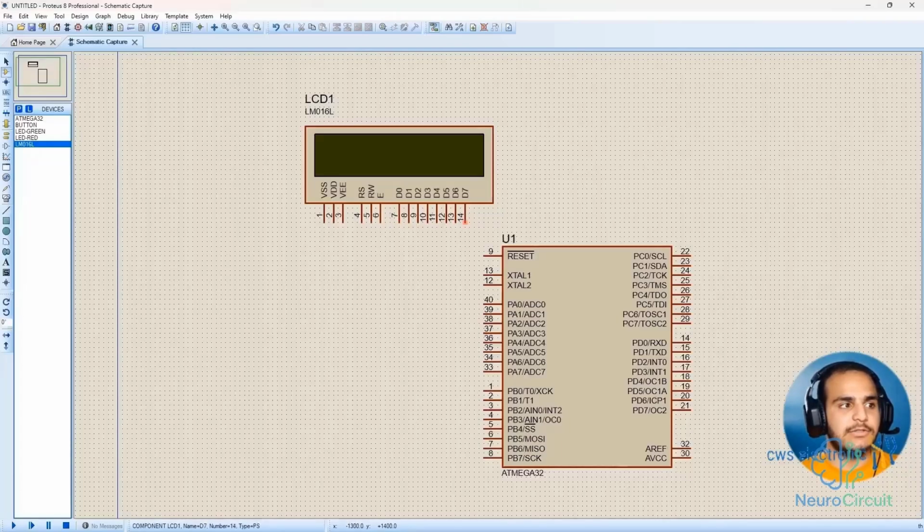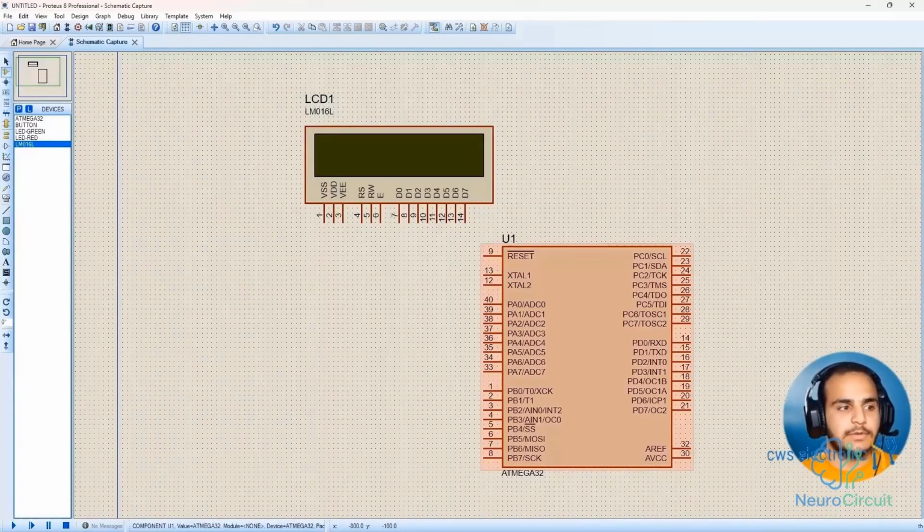And this LCD actually supports 8-bit mode as well. But to save on pins and connections, and so that not too many of the microcontroller's pins are used, because in large projects this is very important, we use the 4-bit mode. That means we only connect the last 4 pins and these 3 pins to the microcontroller, and this connection is completely up to us. It's just that since CodeVision has a nice order, I'll connect them for you in that